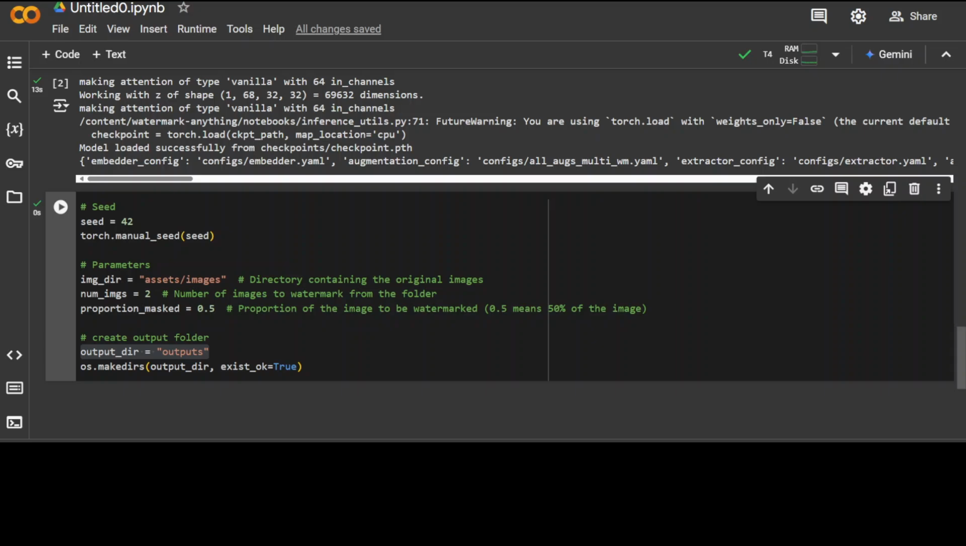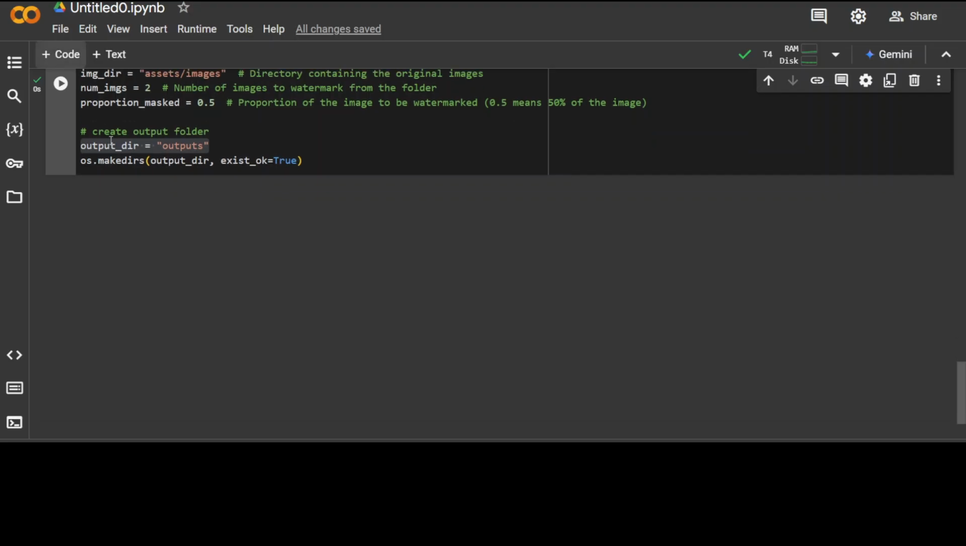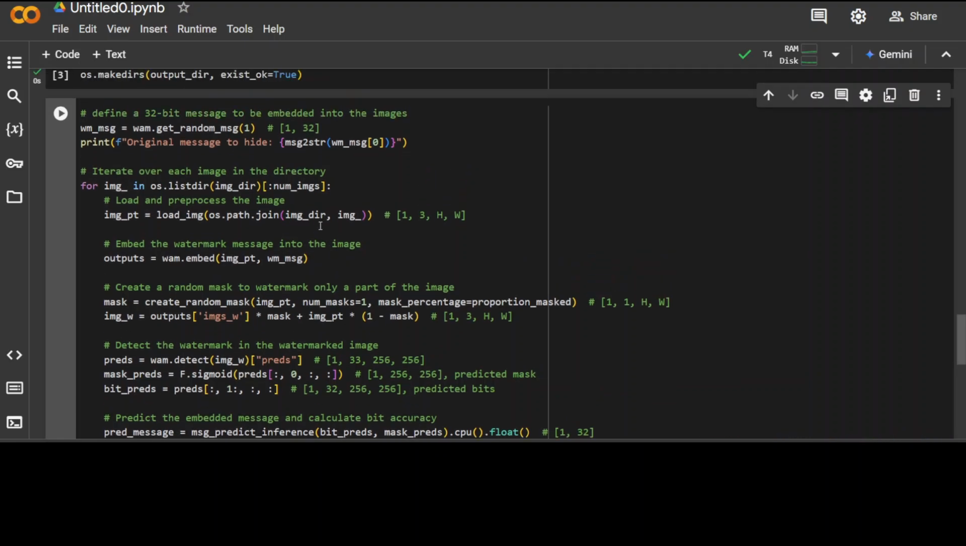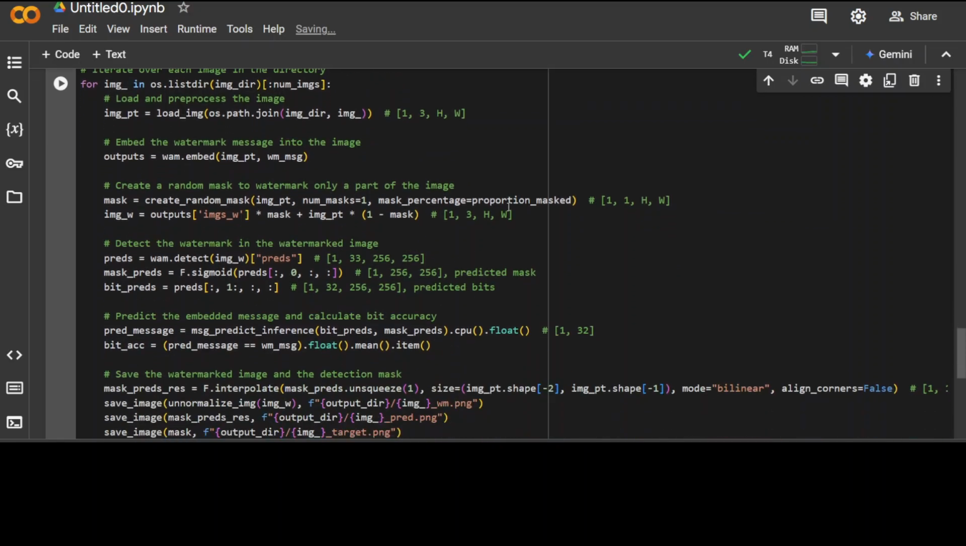That is done. And now let's do the inference. For the inference, let me first paste the code and let me explain to you what is happening. It's very simple code, by the way. All we are doing is defining a 32-bit message to be embedded, just converting that into a numerical representation. We are iterating over the images we have given it, and then